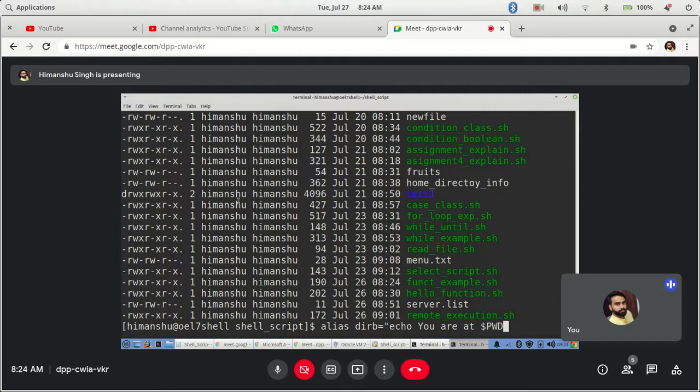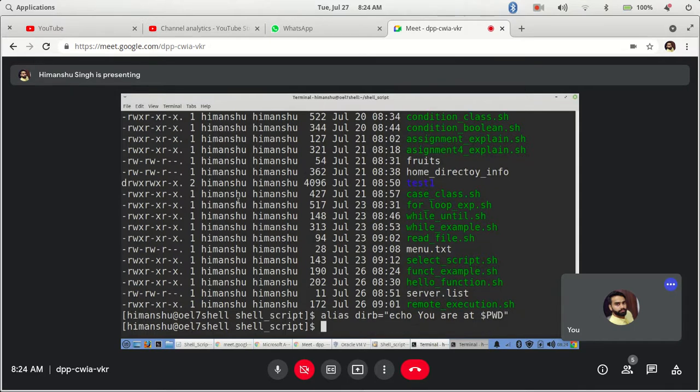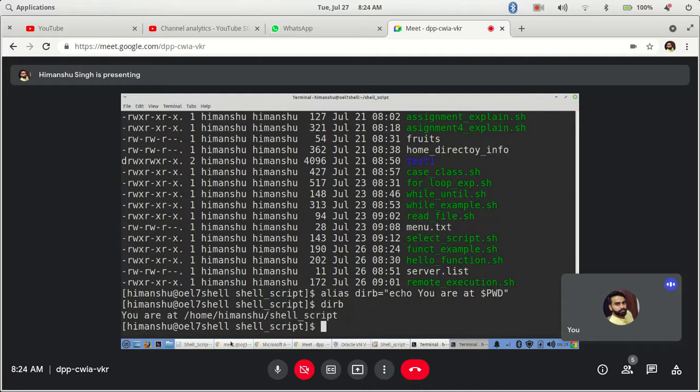This is also a variable. Now if I run dirb, you are at this location. So it will work the same way as a normal regular shell script.